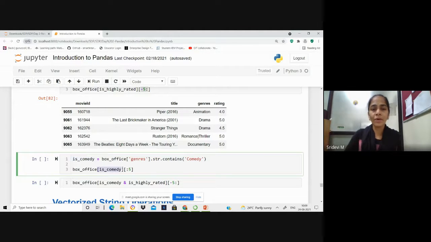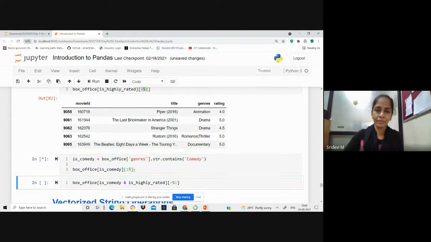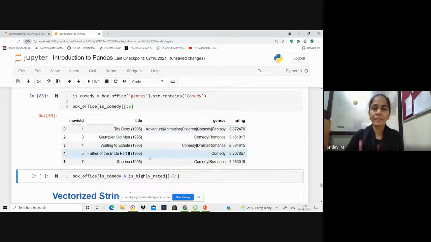Now this is comedy filter we are applying on the box office and getting the top 5 data points. We can see here all the movies with genre comedy are listed out along with their average ratings.